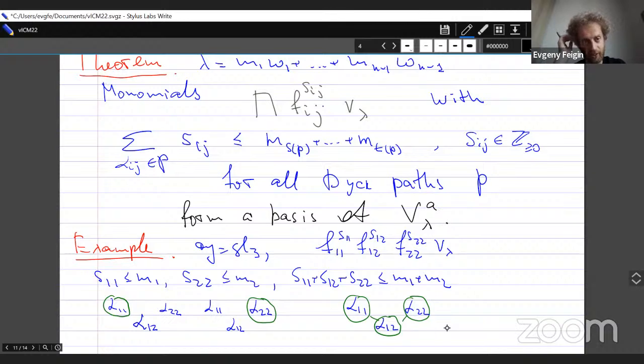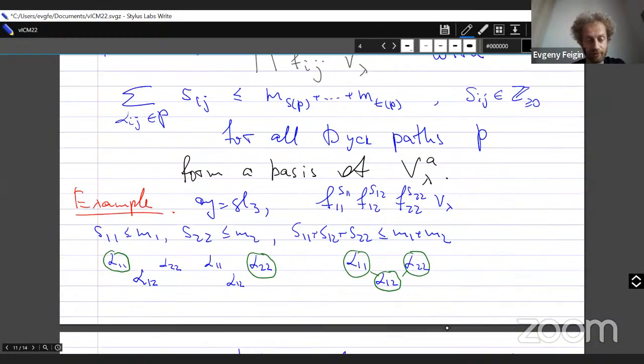So, the theorem gives us a basis for the graded space, for the degenerate space V lambda A. However, since this is a basis for the graded space, it is also a basis for the classical space. Of course, in the classical situation, the Fij do not commute. However, you take a monomial from our basis, and then you order the Fij's in any way you want, absolutely arbitrarily, and this produces a basis for your model. So actually this is a huge family of bases for the classical models.